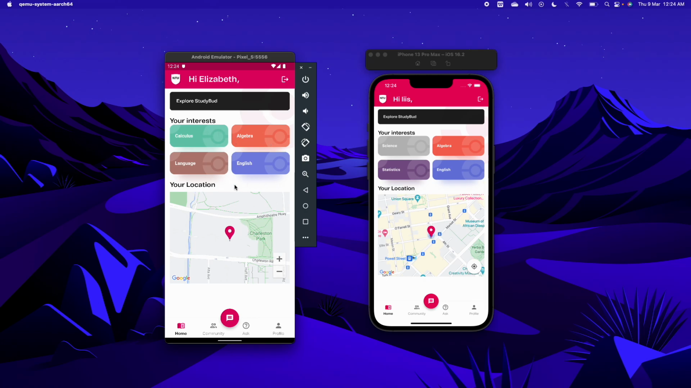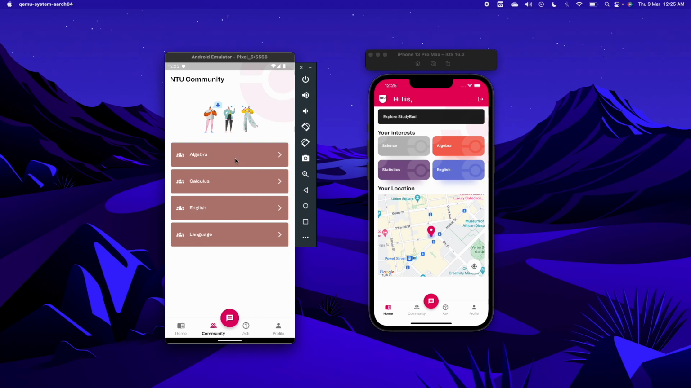StudyBud also makes use of the Google Maps location service, which lets you see your current location on the application. So the next screen I'll be navigating to would be the community screen. On the community screen, you are able to see all your selected interests and you are able to view